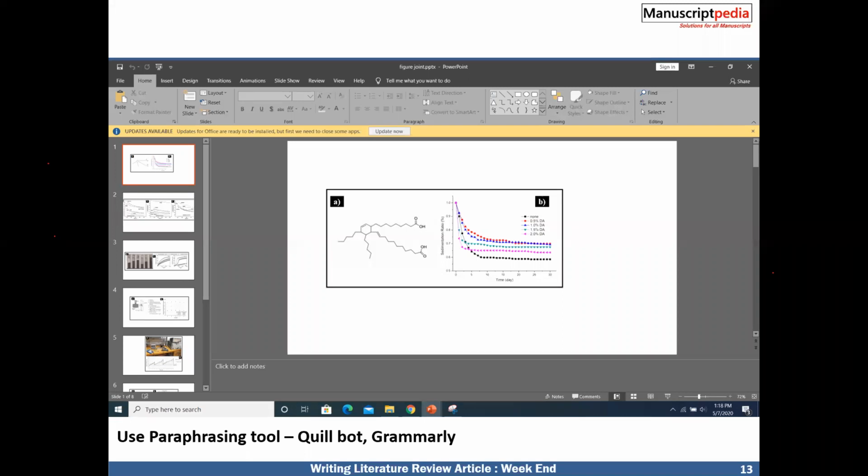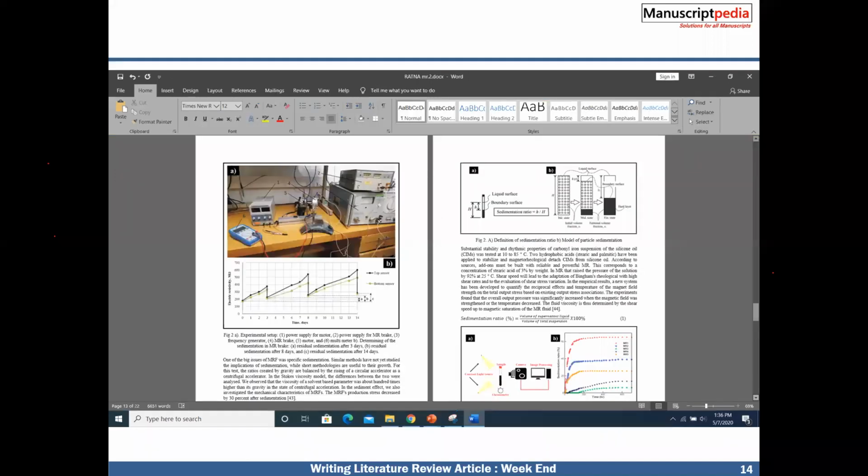So with the PowerPoint, you create all the images. Next it will look like this. You can see the images will be there, and now you can see all the figures, like figure 2, figure 1. First you copy all the figures and paste them, and you have to rearrange the sentences. Then finally you paste all the images.